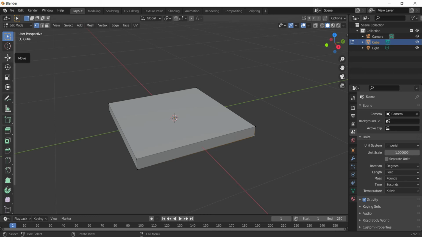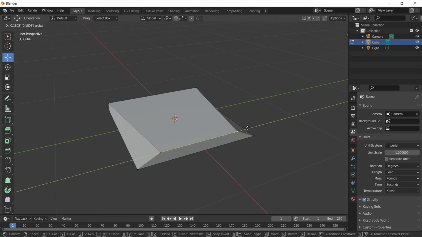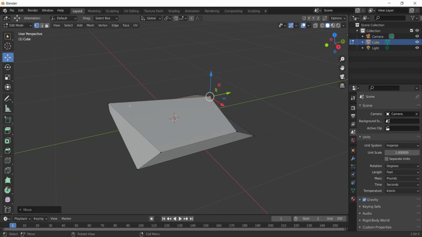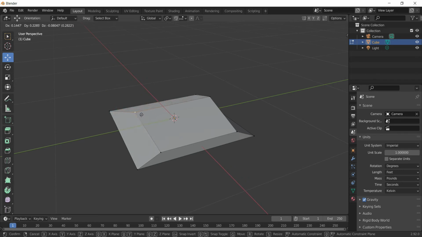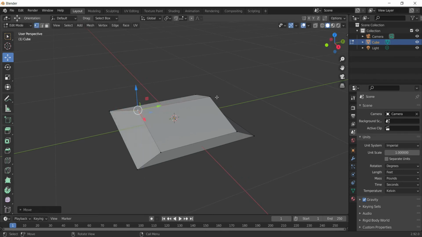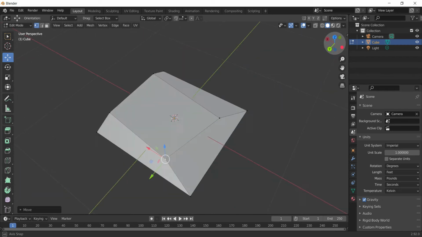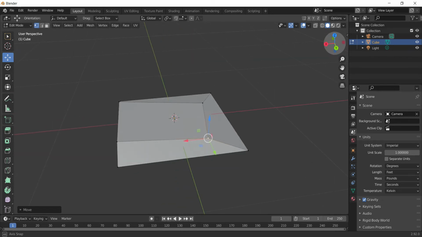Let's say if I select any vertex and move it with the move tool, see, I am individually deforming the shape of my cube or cuboid, and it is no longer a cuboid anymore. It is a very different and random shape.